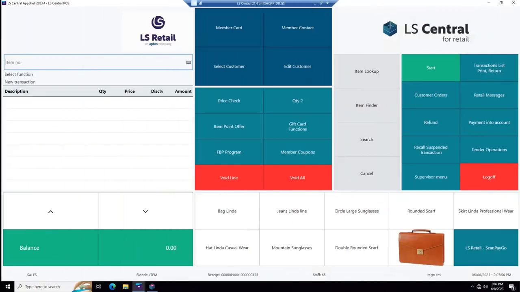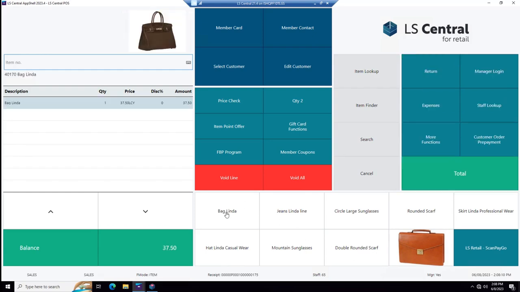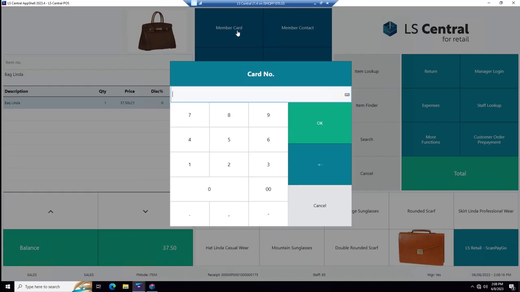Let's look at another example in the POS with custom orders. This time, the person who's buying the item wants it shipped to their home. So we are back in the POS, and we are buying the same item, the bag Linda. Could be a bed or something big, remember? And this time, Stefan Thompson is buying the item, so we put in his cart.